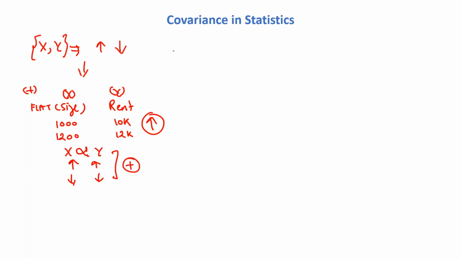Let's understand the negative relationship by using another example. This is the production of some xyz product on a very large scale, and this is the price. As you know, when we manufacture a product on a large scale, we can decrease the cost of that product. So when production is on a large scale, the price will be less. We can draw this type of graph.